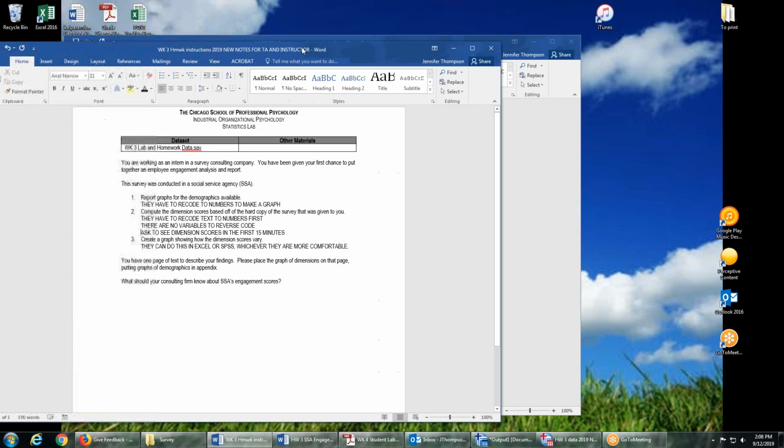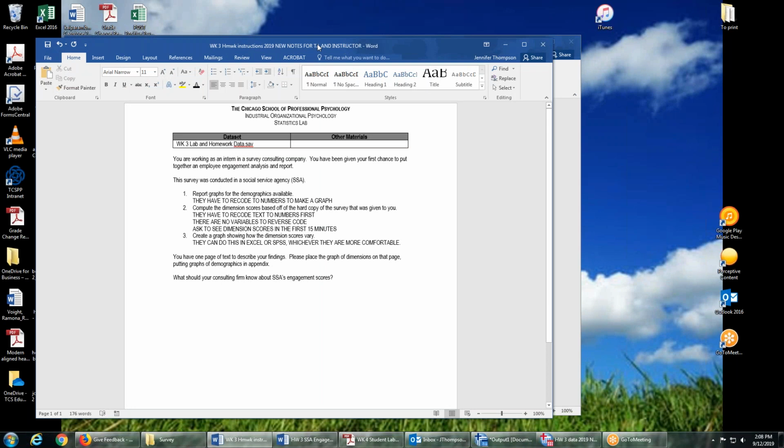Hi, and welcome to homework number 3. Today, we are going to work on a data set that's an engagement survey, and we are going to make it into a report showing which dimensions are highest and which dimensions are lowest. So our first set of instruction is to report the graph for demographic variables,